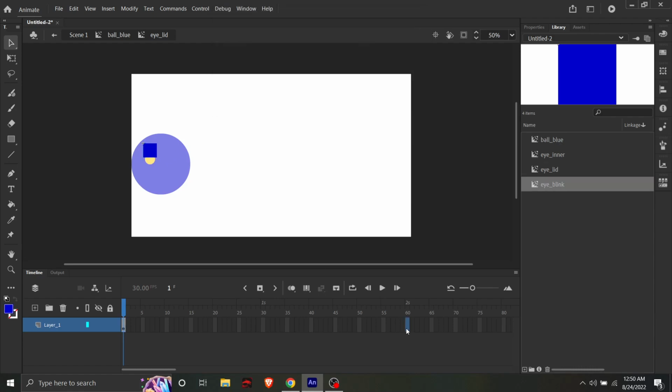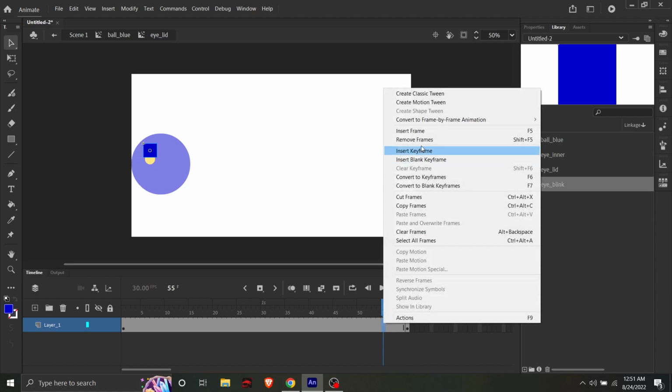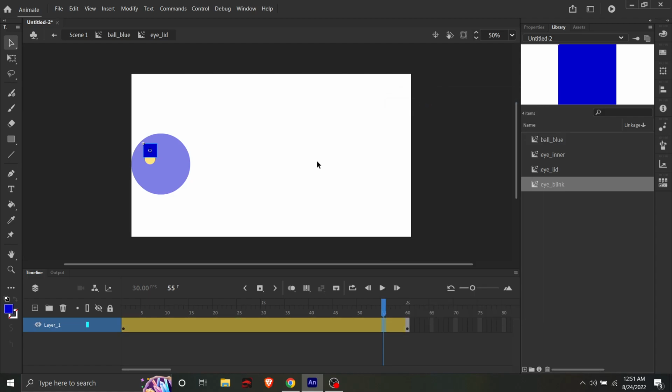I'm going to come to my 2 seconds and I am going to expand my timeline. And then I am going to add a keyframe at that 60 seconds. This is going to be where you decide where you want your blink animation. I'm just going to put my blink animation at 55. And what I'm going to do is I'm going to right click and I'm going to go and create a motion tween. Your timeline should turn yellow. And what I can do now is I can just use my arrow key, drag that square down,